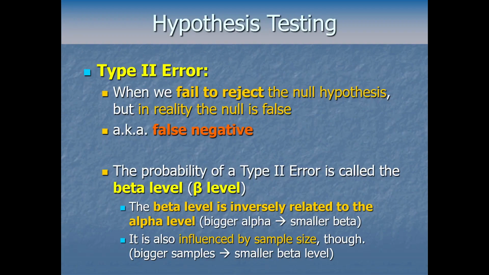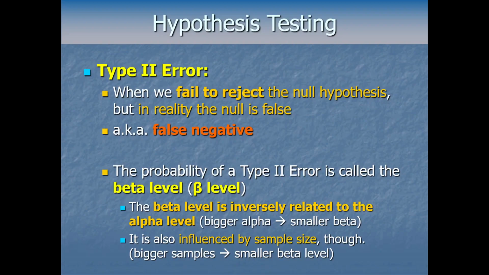And there are other things that go into the beta level, like whether the effect you're trying to discover is a tiny effect or a big effect, right? That'll make it more or less likely to detect the effect. And also, just how much variability there is in the variables you're measuring. Like, is there a big variance, a big standard deviation in the stuff you're measuring, or not much at all? All of that can affect the beta level. What we're really talking about here is the chances you will find or miss an effect that actually exists in